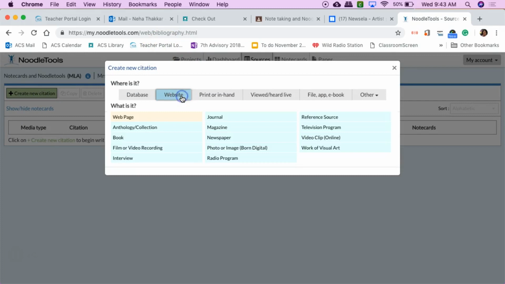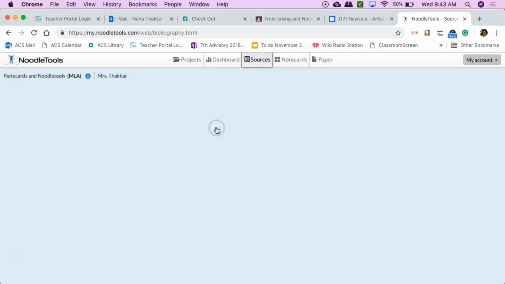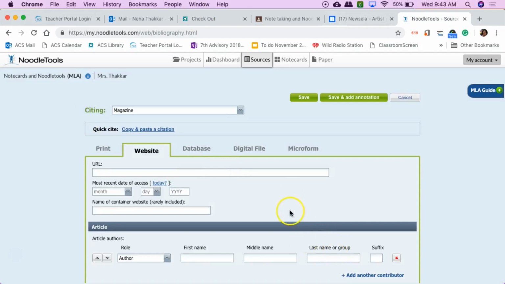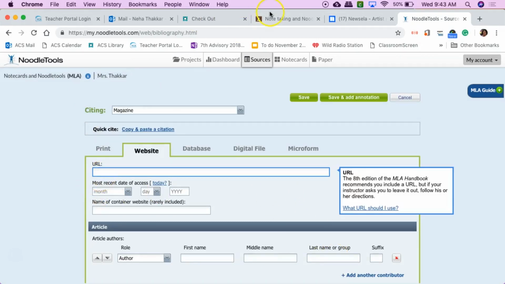This is a website, but it's technically, what is Smithsonian.com? Jamie, isn't it a magazine? It is a magazine, that's right. So you're going to click magazine and it's going to give you sort of an outline of what you need. The first thing is the URL. The easiest way to do this is to go to your